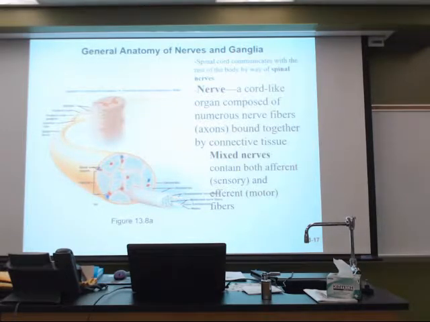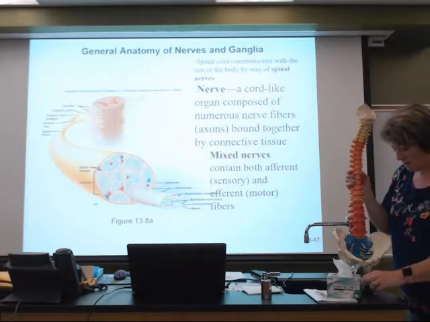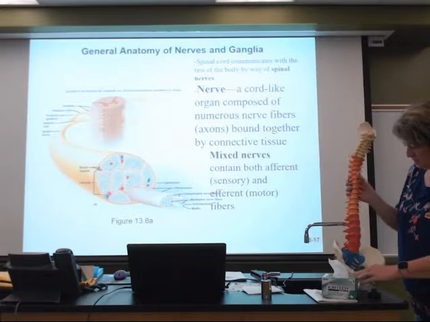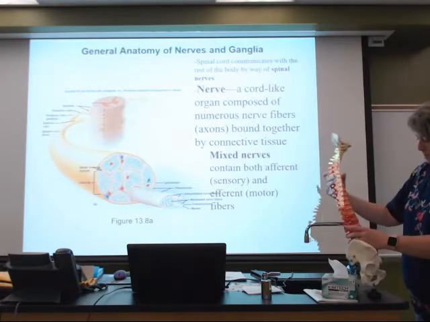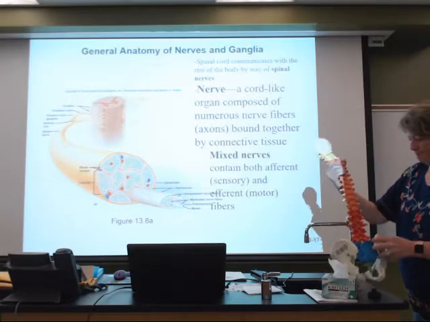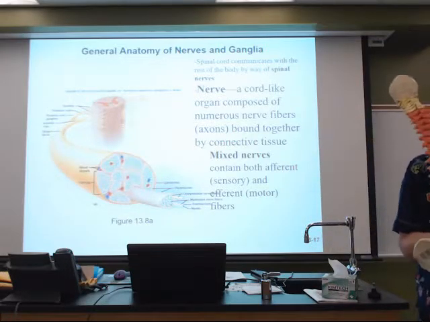This is part of that peripheral nervous system. These nerves